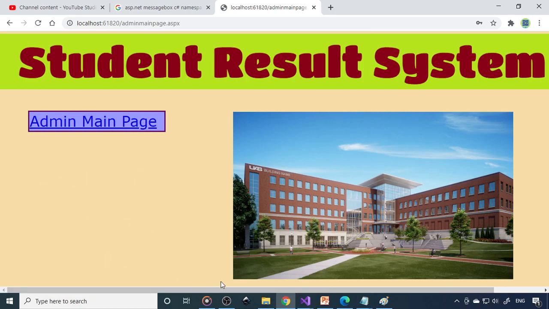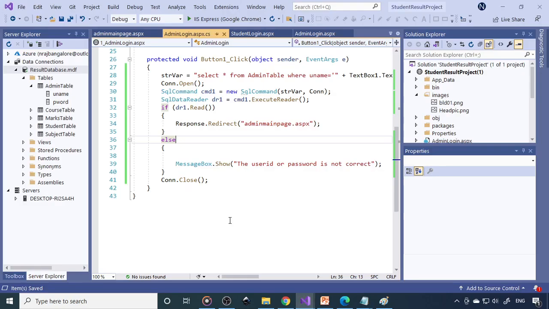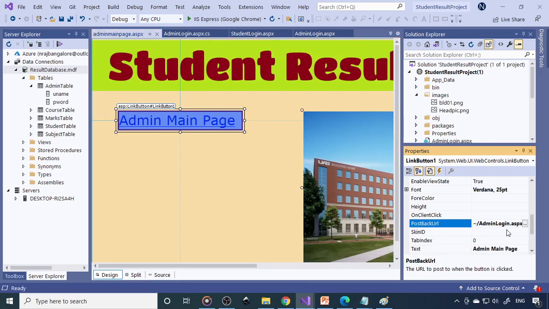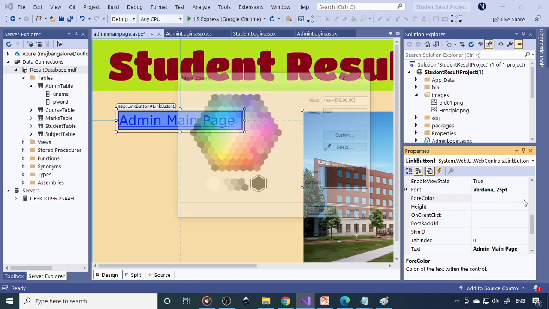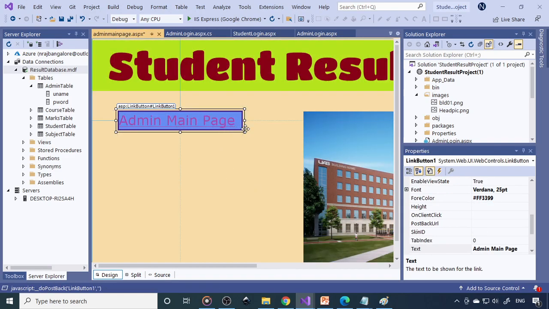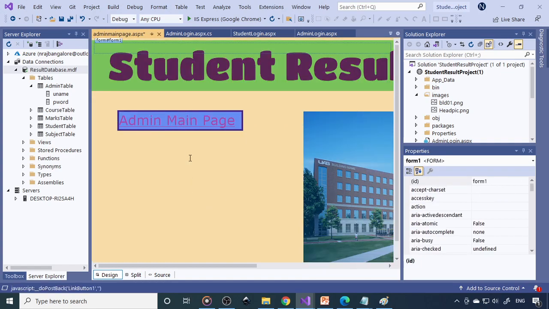Now here you provide the options. Fine. So now what options are required? So that we need to provide here. And this link we need to take out. And as we discussed already, we can change the fore color. Right. We can increase the font size and all we can do. Now again we require some more links.